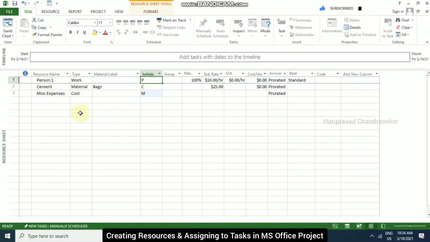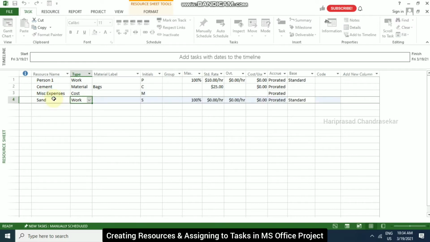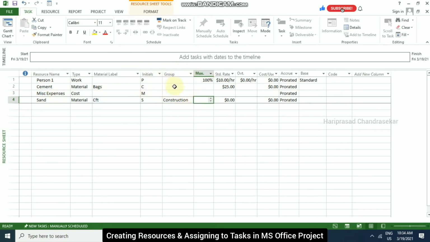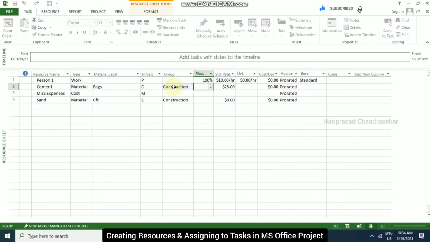And if you want to group these, you can group. For example, I am going to take sand here, put material, put CFT, and for the group we can put construction. Based on that, we can group, and cement also I'm going to put construction.